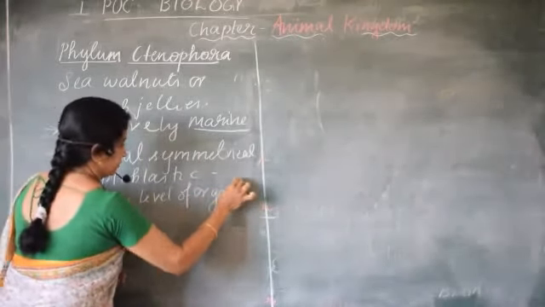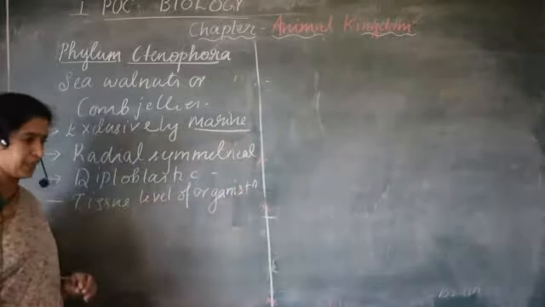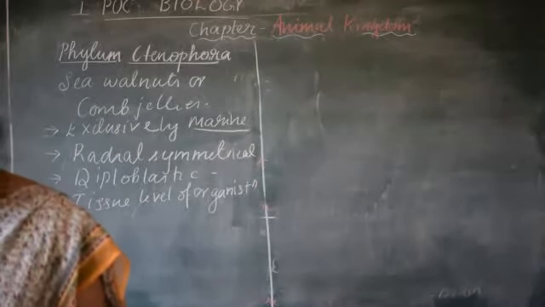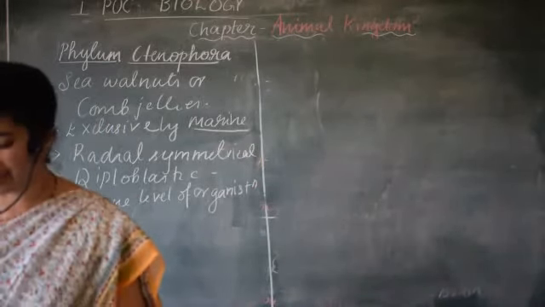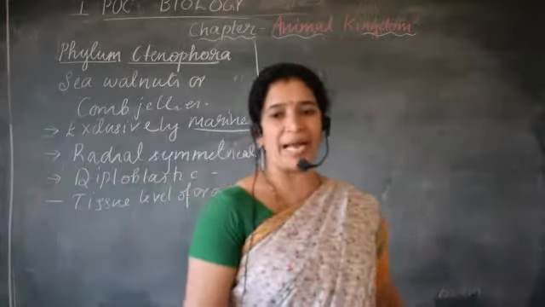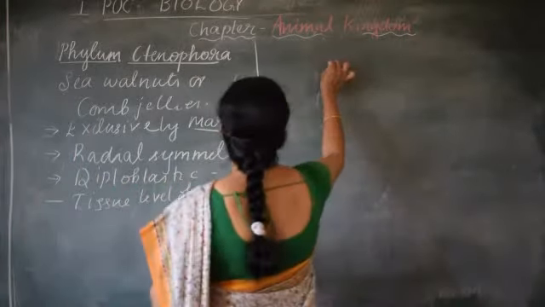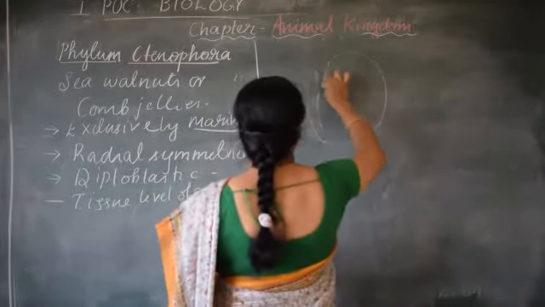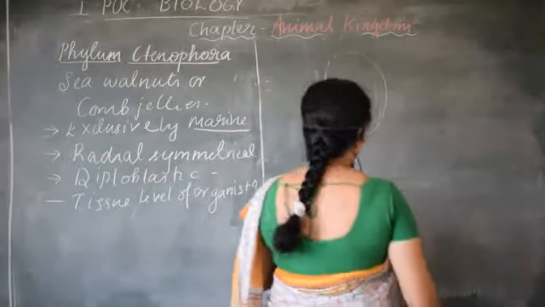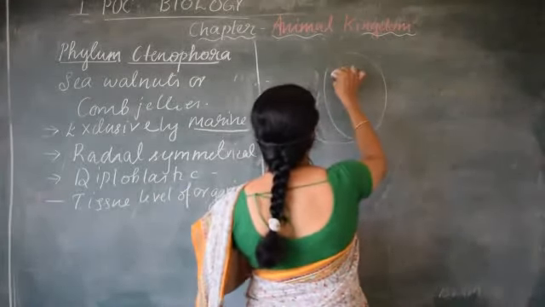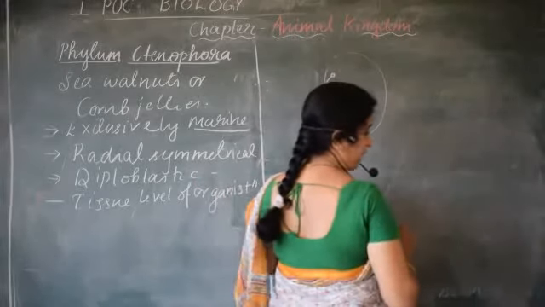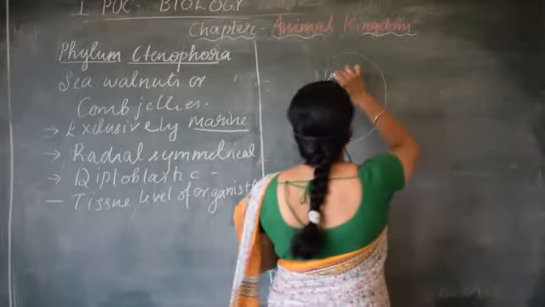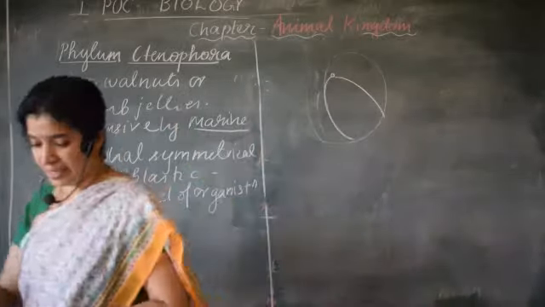Now, a very particular feature. Let me tell you about a very important feature of this, because of which it is named comb jellies. In the textbook you can see the diagram with a ball-like structure having some structures like this. Yes, there is a green colored line shown, showing these comb plates.